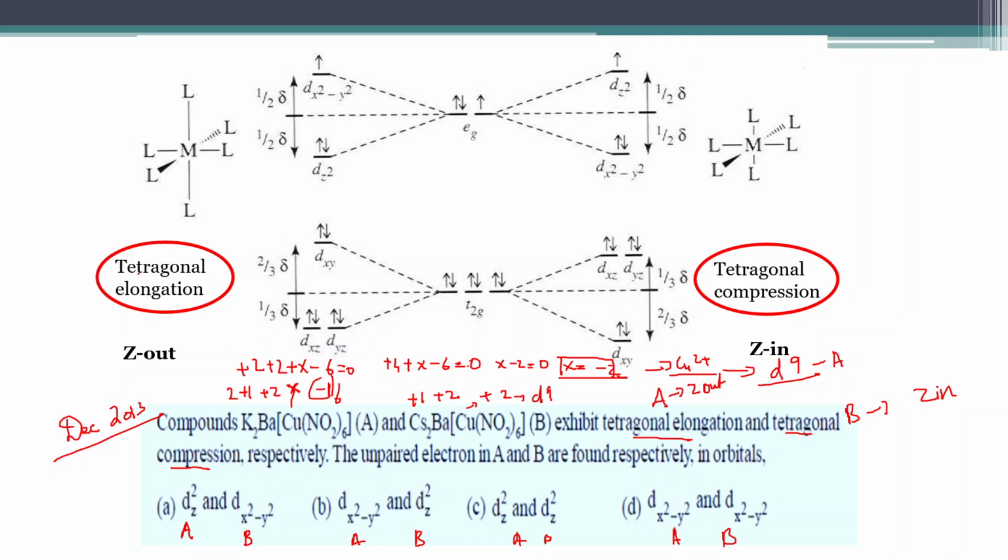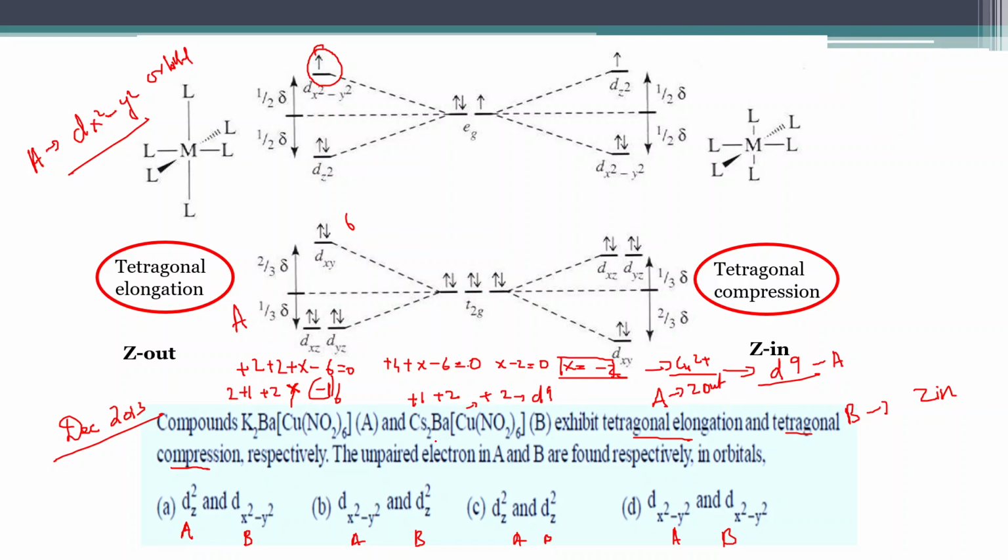In the first, we will look into tetragonal elongation, z out, and we will arrange the 9 electrons. If we arrange the 9 electrons, 4 electrons in dxz, dyz, then 2 electrons in dxy, total 6 electrons are there in the t2g. And when it comes to eg, 3 plus 2 electrons, total 9 electrons, and the last electron is in dx square minus y square. So